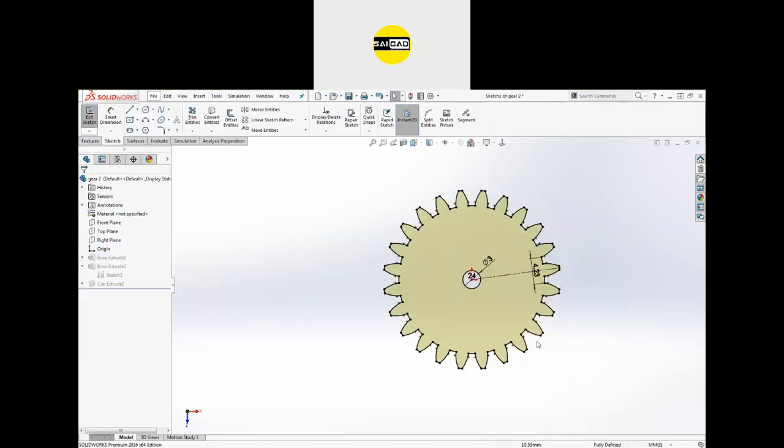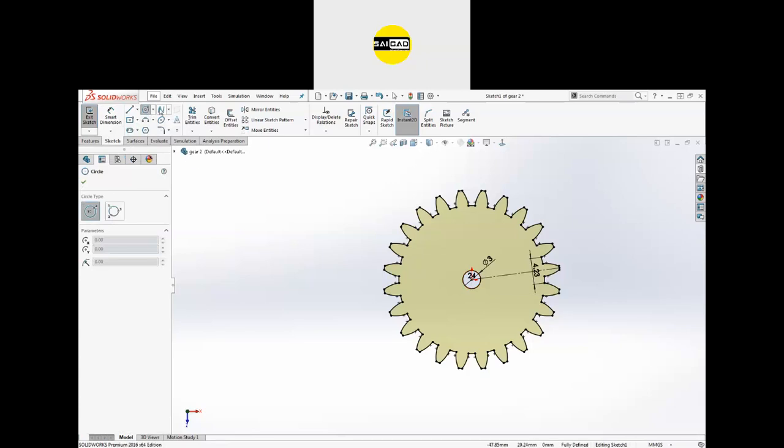We only need some teeth, not all of them. So how can you remove them? Just create a circle or create an arc from here, that is center point arc. So from center to here somewhere. Okay.